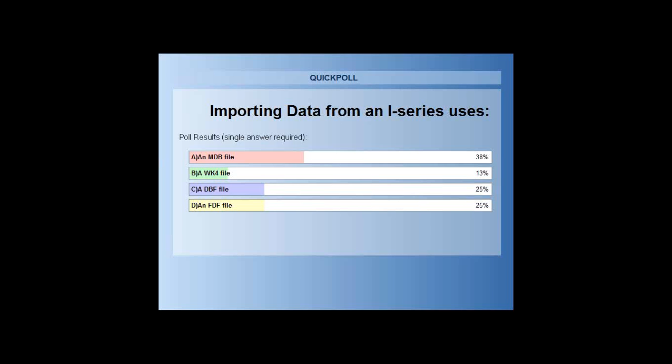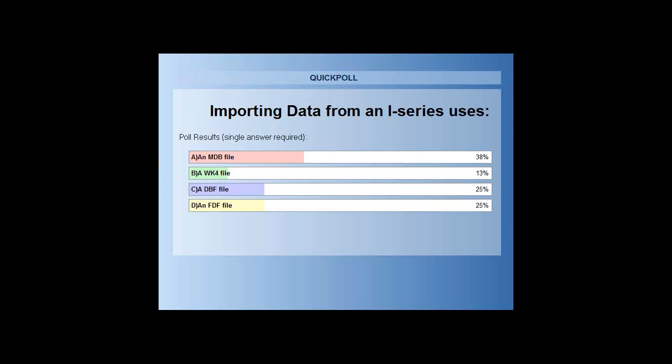When we imported from Access, we brought in an MDB file. WK4 file, that was the one that was going to come in from Lotus. DBF file was the one that came in from database. The one that came in from AS400 was the AS400.dat, and the definition file that you had to bring in as well, the two were together, was the FDF, file definition file.